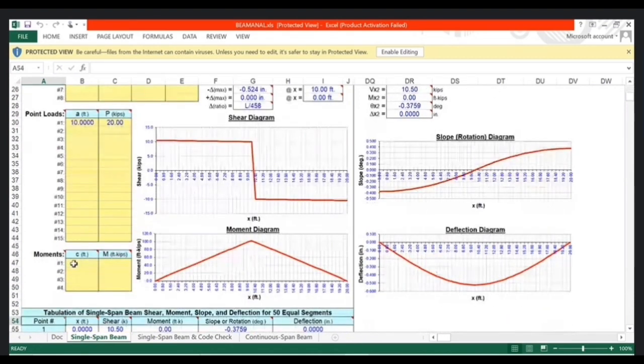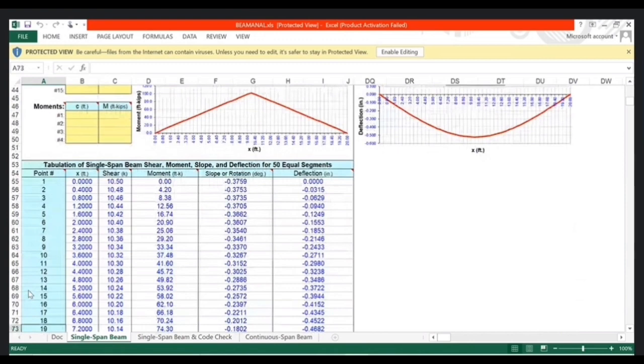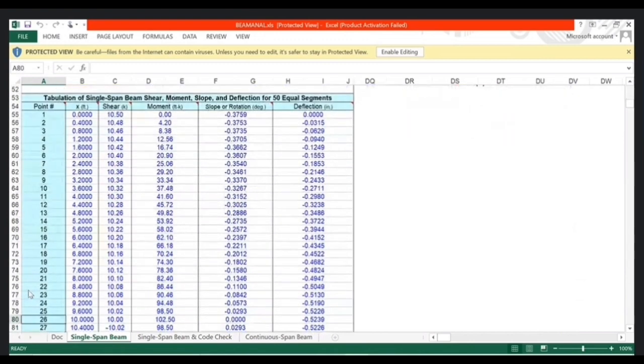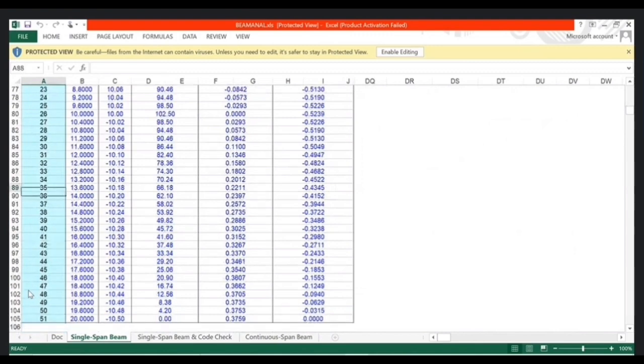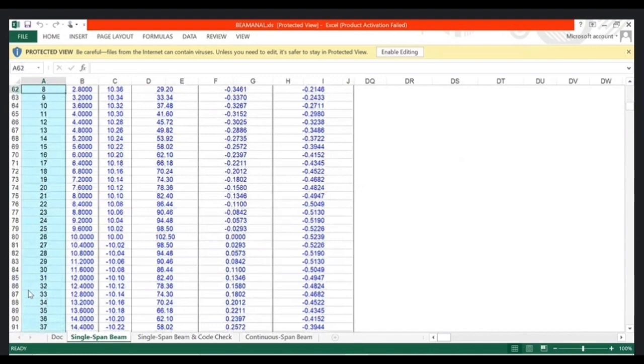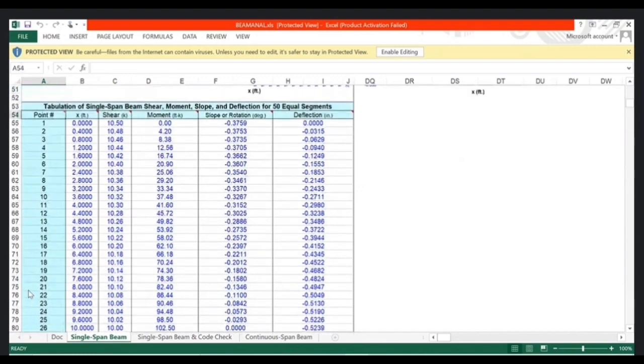And here you can see the shear force diagram and bending moment diagram for the different kinds of loading conditions. Here you can see the slope and deflection diagram of that beam. Apart from these, we can analyze the beam by the finite element method. We cut our beam into different points, different nodes. In this Excel, we defined 51 nodes, and on these 51 nodes we can take the values of shear, moment, slope, and deflection.